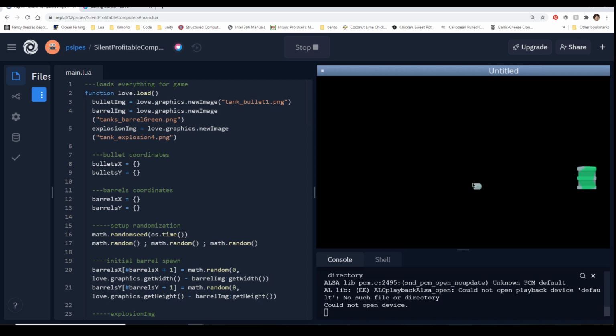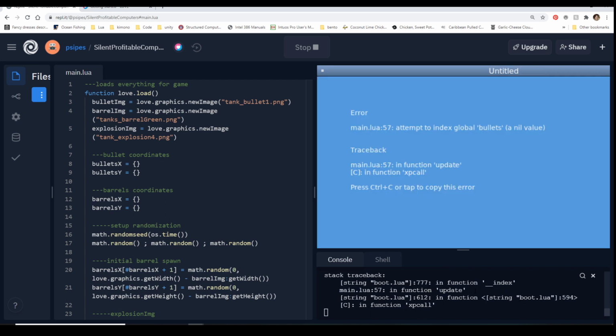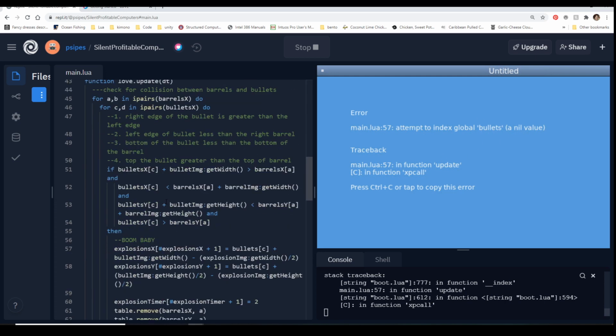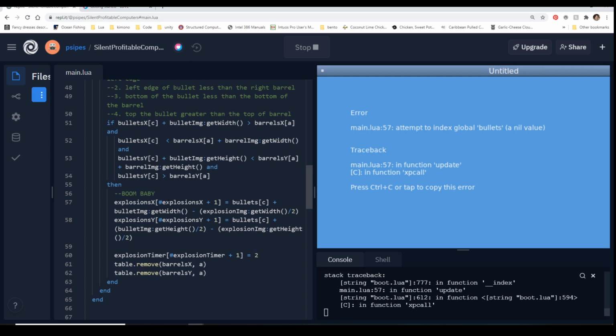Okay, so when we hit the barrel, you're gonna see there's an issue. I've spelled something or misdone something. It's saying that at 57, I haven't added that extra Y value that I was supposed to. So we can come down to 57 and ask, what did I do here? Okay, we have bullets. Yeah, that makes sense. For this one, we need bullet X. For this one, we need bullets Y.